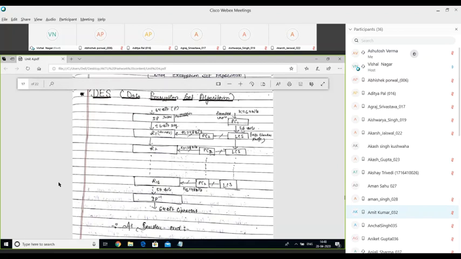What is going to happen here? We take 56 bits out of this 64-bit pattern, and we pass it through an LCS. LCS stands for left circular shift. Left circular shift means if there are 56 bits, we shift them circularly to the left hand side.